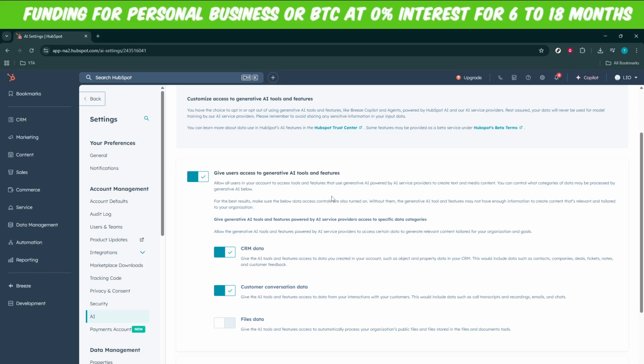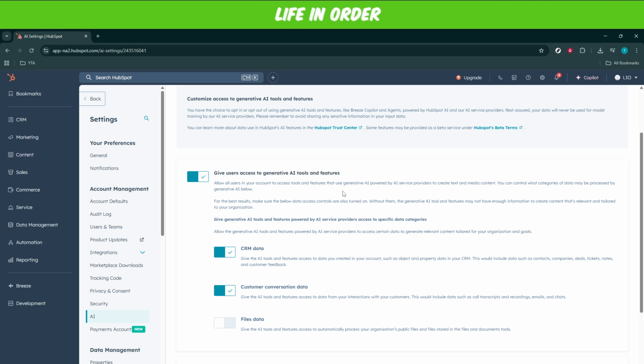Now, here comes the crucial part. Look for the option titled, Give Users Access to Generative AI Tools and Features, and click on it. It's often highlighted, so it should stand out once you're in the AI settings section. Clicking on this option will bring up the necessary controls you need to enable these advanced tools. This will empower your users with cutting-edge AI functionalities, which can make a significant difference in their workflow efficiency and